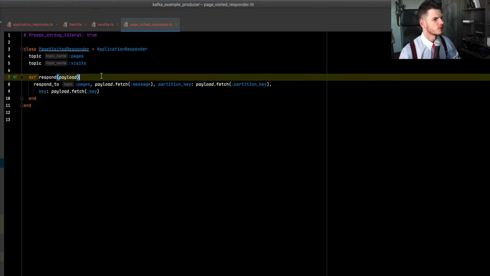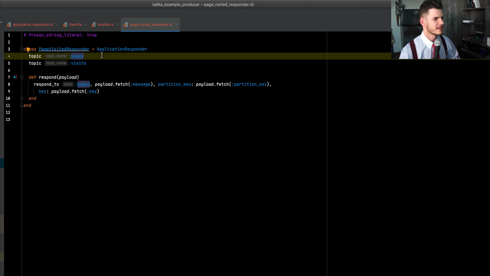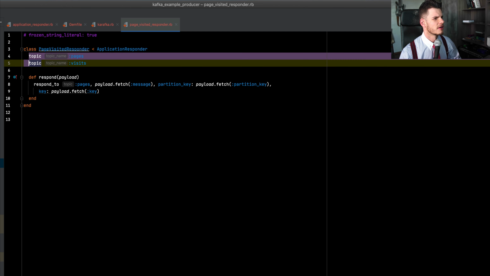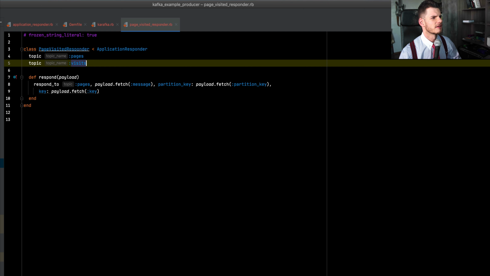So here it is. It's a PageVisitedResponder, which is an example responder that might be used for website activity tracking. So let's see what is going on here. So at the top we have some declarations, and what we are doing here is declaring topics: pages topic and visits topic. So a good thing to keep in mind is that one responder is not coupled to a single